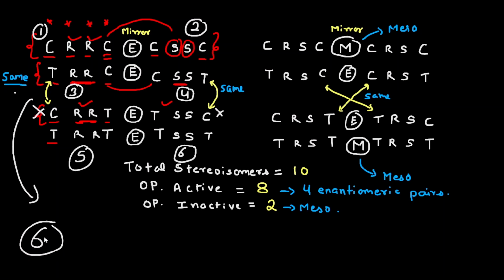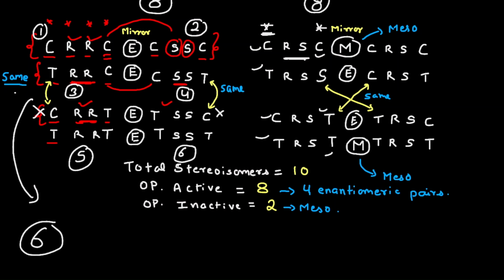Now, let us try to proceed and write. Out of 16 possibilities, the first column shows 8 possibilities. The next 8 possibilities I have drawn in the other column, and let us try to see this column. Here again, we have taken the two cis-trans geometrical possibilities. For the last also, again we have taken four possibilities. First I have taken two cis, then I have taken two trans. And for the middle one, we have already taken 2R and 2S. Now it comes to the time of R and S. So now I have taken R and S.